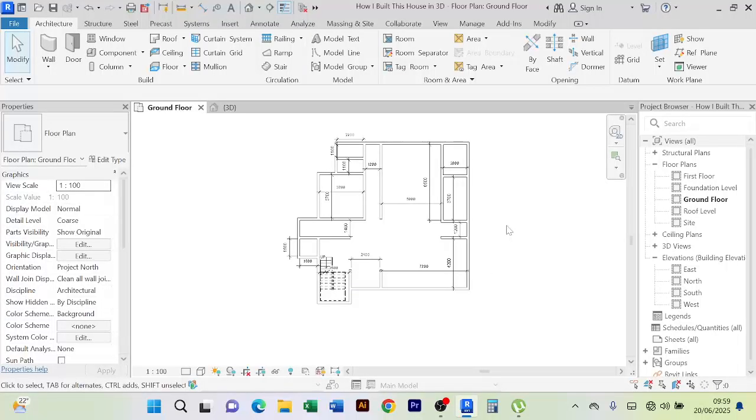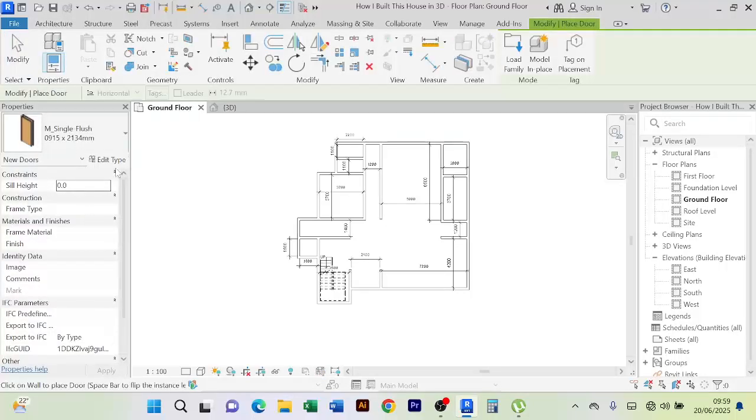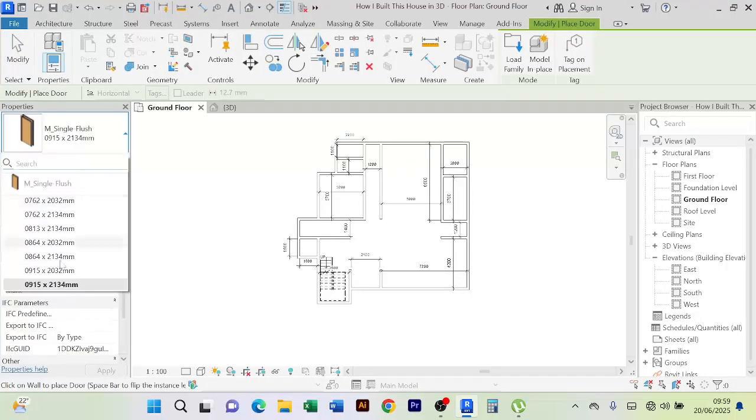For openings, for example doors, you just come to Architecture and look for Door, which is the second option after Wall. You click on it, and it will give you these doors. These are default doors from Revit. You can choose to use them if you don't have any other option, but for your project to look nice, you can use